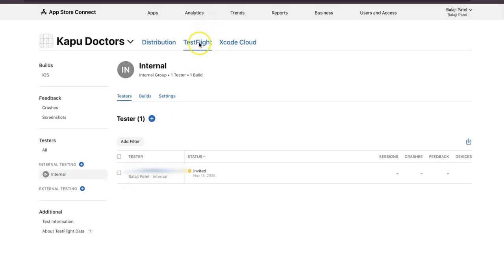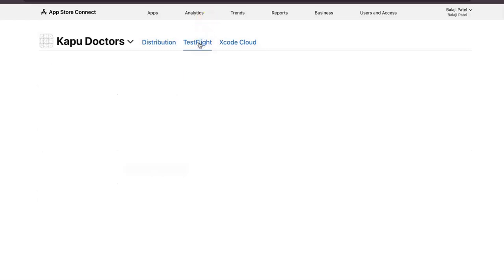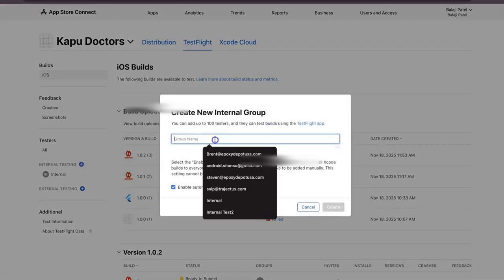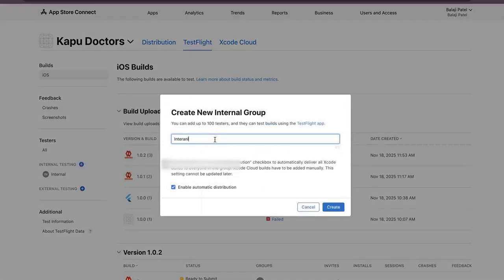Okay, now you can see my build is uploaded in TestFlight. So build 3.0 is uploaded in TestFlight. So now what do we have to do? I have to go to internal testing. I've already created a group, but you can create another group. You can create your group, internal test, or whatever